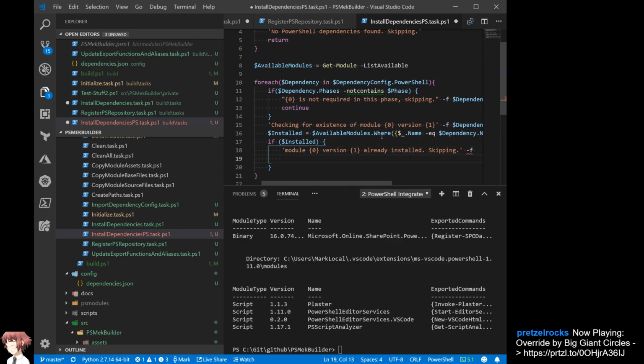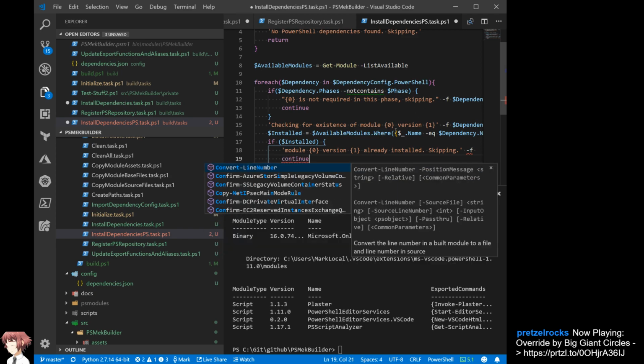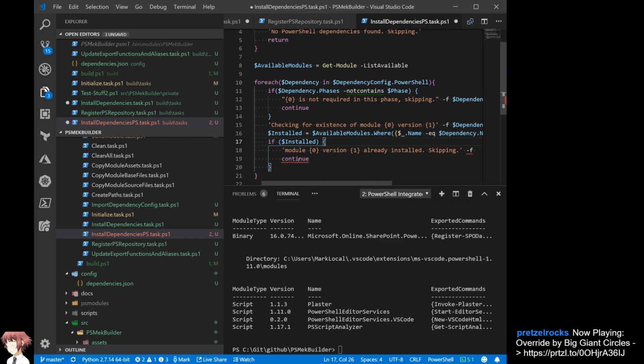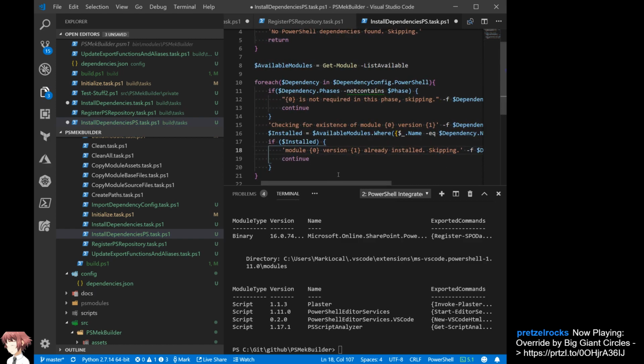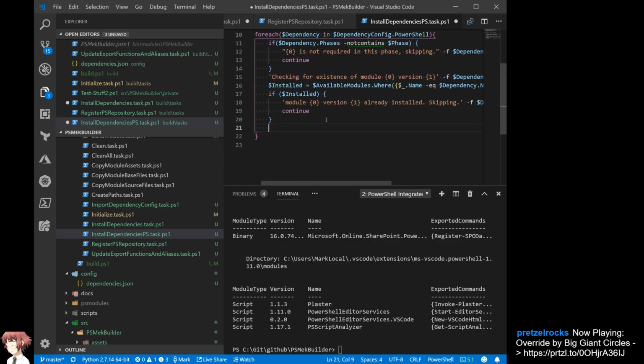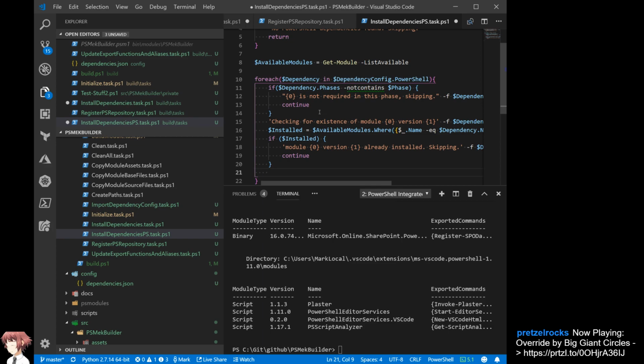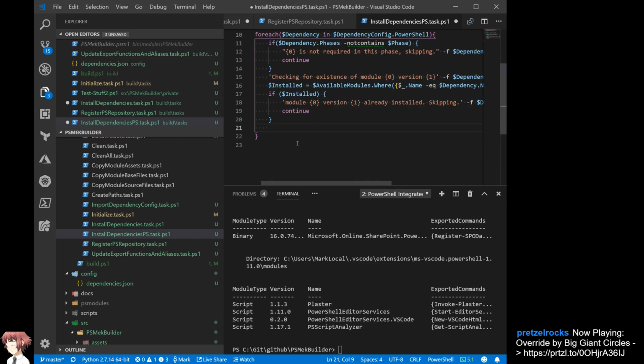This should be continue also. Why is that? No, it's because this. All right. So if that's not the case, then what we want to do is actually go through with installing the module, but